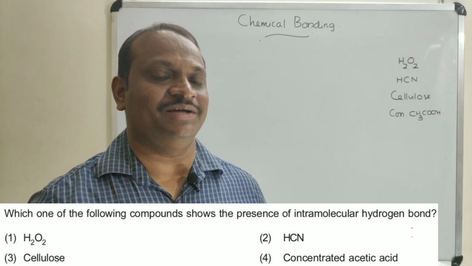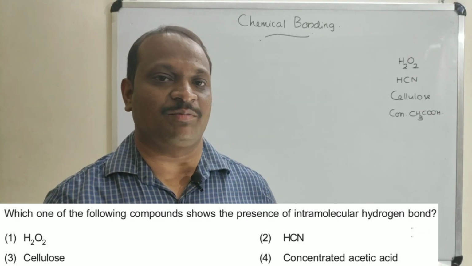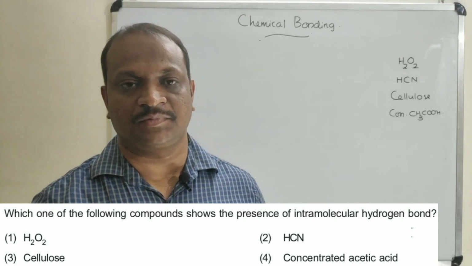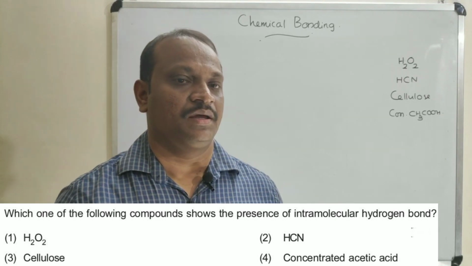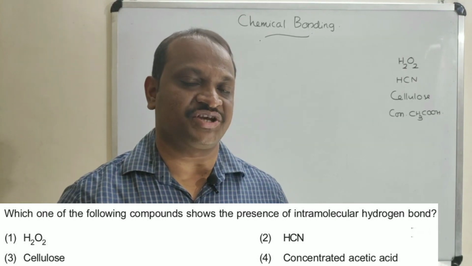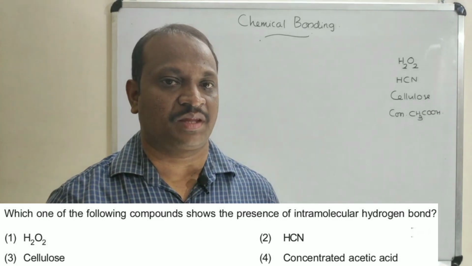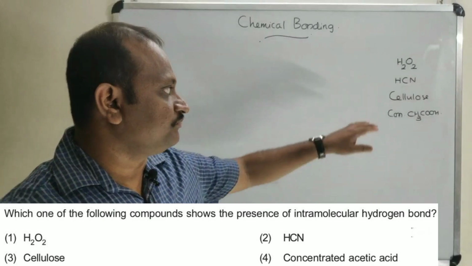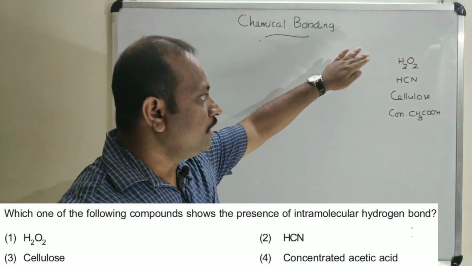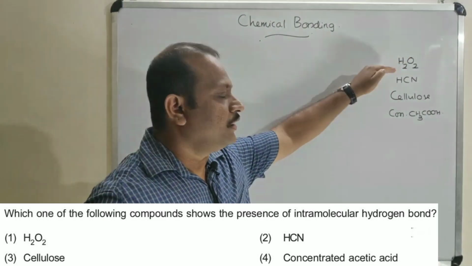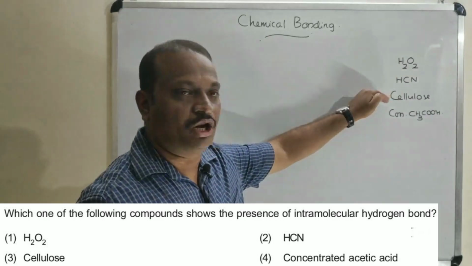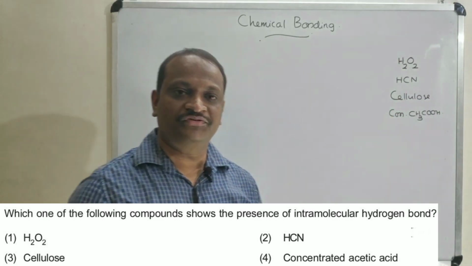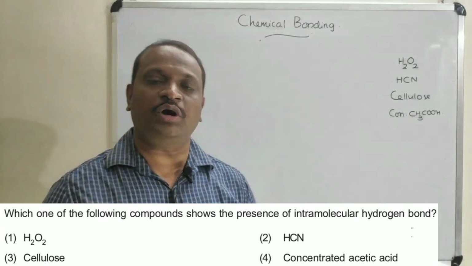As I told you yesterday, today we will be talking about a few important questions which we can expect for NEET exams. And I told you we will be discussing chemical bonding. So let me start with my first question. Here we have H2O2, HCN, cellulose and acetic acid. And out of these compounds, which one possesses